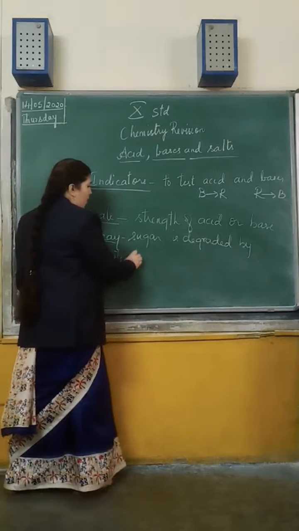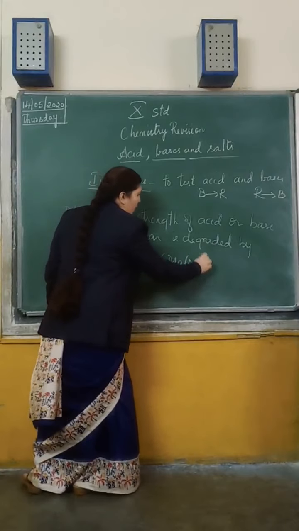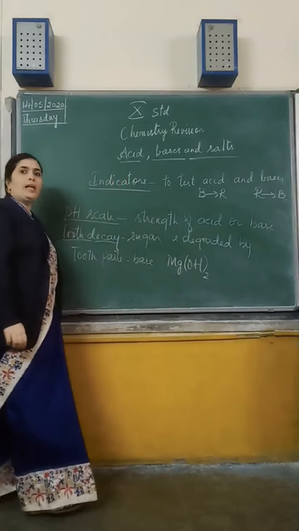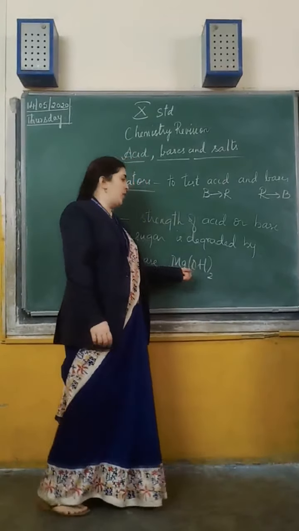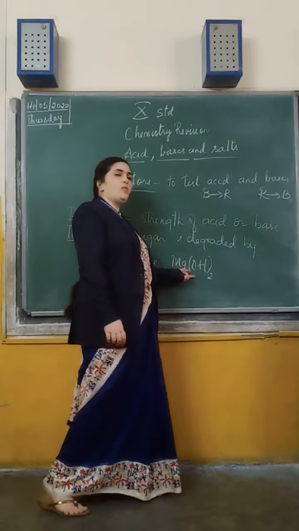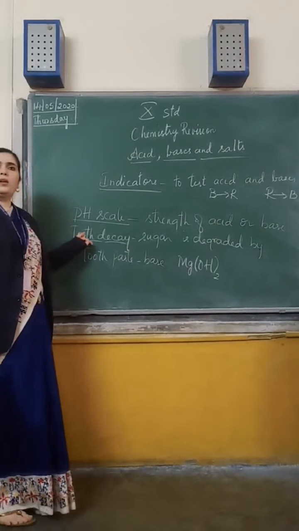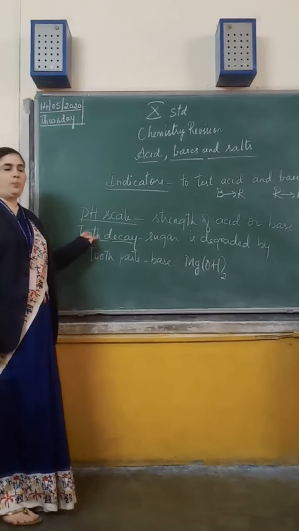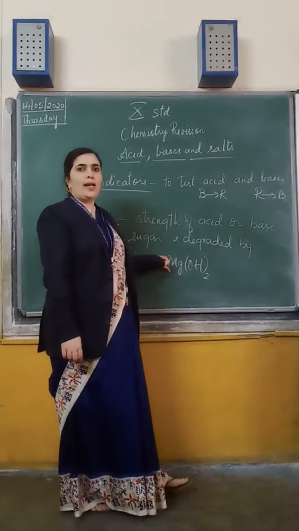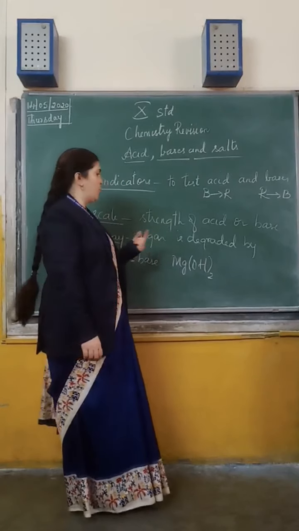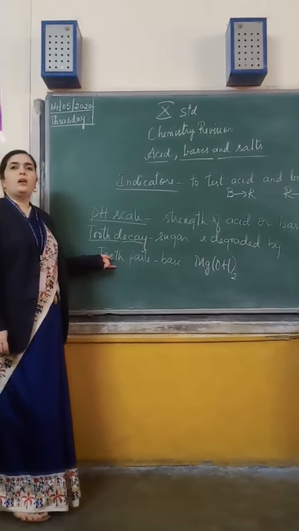In toothpaste, there is a base. Magnesium hydroxide base is there. Magnesium hydroxide, a mild base, is there in the toothpaste, or calcium hydroxide, or calcium carbonate salt. Usually the base present in the toothpaste will neutralize the acid which is being formed in our teeth, and no reaction will take place. If any acid is formed, it will neutralize. Magnesium hydroxide will neutralize that acid in our teeth. That is also we discussed.